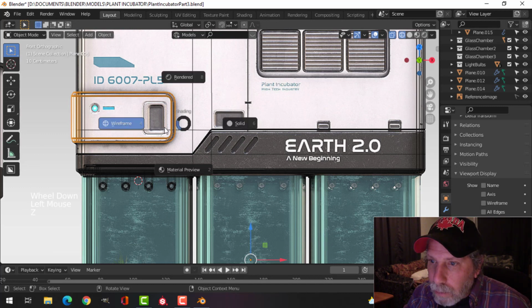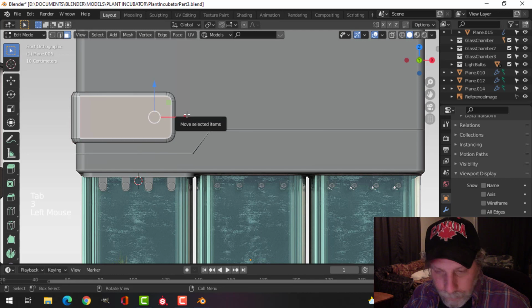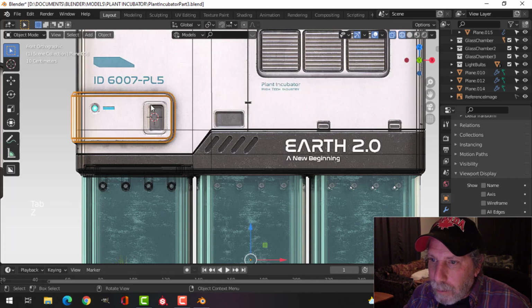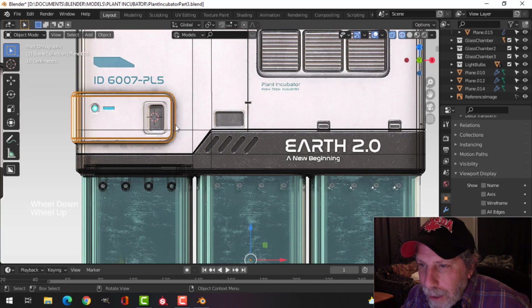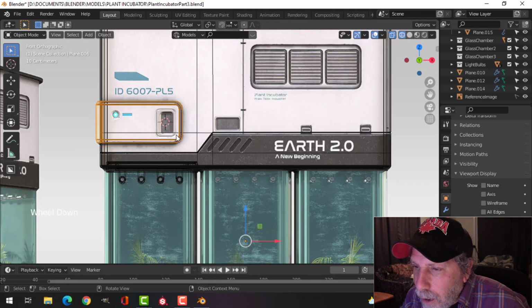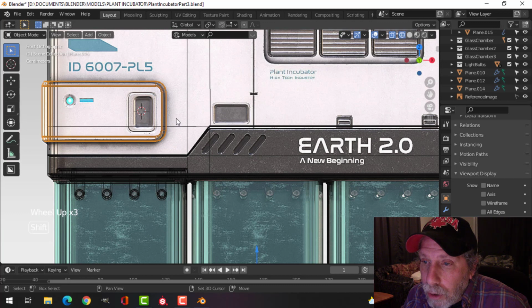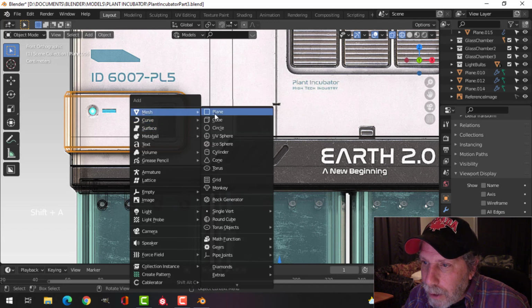Okay, so I'm going to get busy on this thing here. I'm going to come right in here and bring my 3D cursor there. Go back into wireframe mode, and I'm going to do a few indents here and there. Max told me that a lot of this stuff was textures, and he said it might be interesting to see it modeled in, so I'll do a little bit of that, and then I think we're pretty much done. So I'm going to go ahead and bring in a plane here